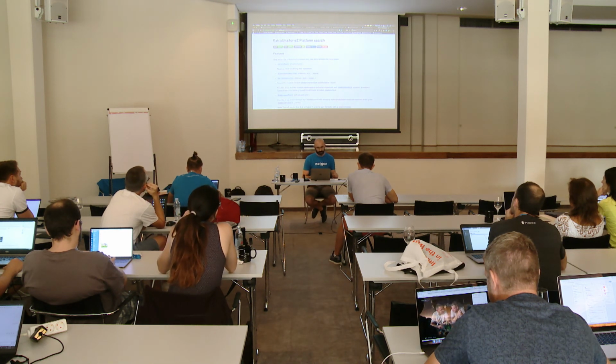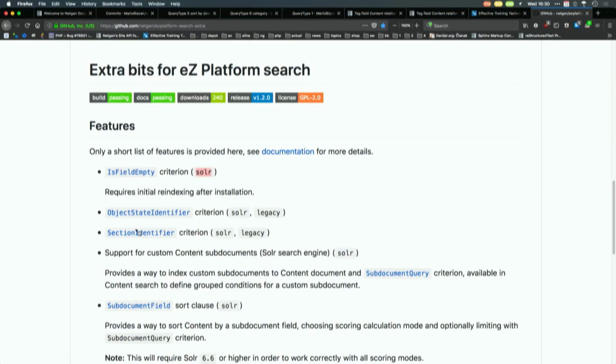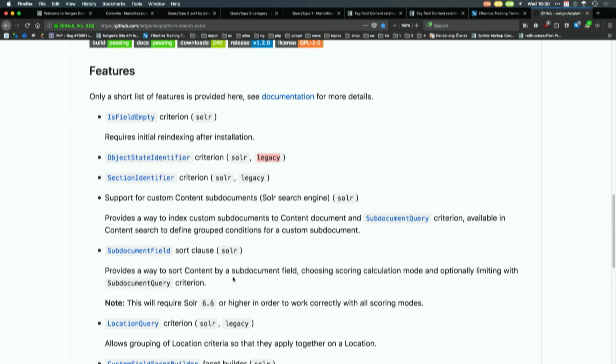So this is potentially very useful. It's only available for Solr. Then what I mentioned, object state identifier and section identifier, available both for Solr and Legacy. Then something that I call content subdocuments. This was actually needed for our current Cilius project, where we import products into Easy, and then, as you might